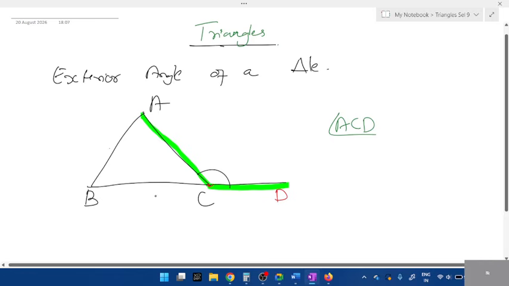So where is this angle formed? At which vertex? We have two angles, at vertex C, right? So vertex C has two angles. What are the two angles? Exterior angle and interior angle. So whichever vertex has two angles, you have to write it like this: angle ACD. And what's the interior angle formed? How will you write the interior angle? Angle ACD or B? Yes, B. Make a note of this. This is the interior angle and this is the exterior angle. Inside and outside.